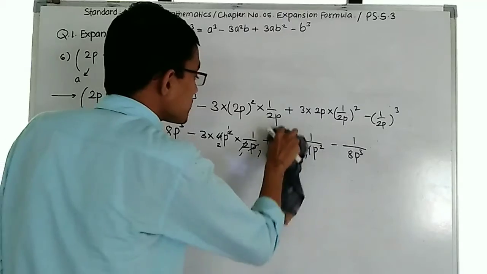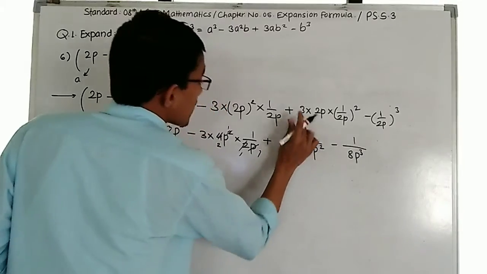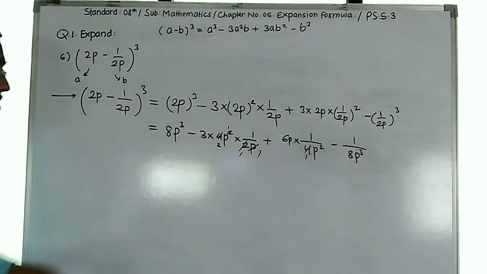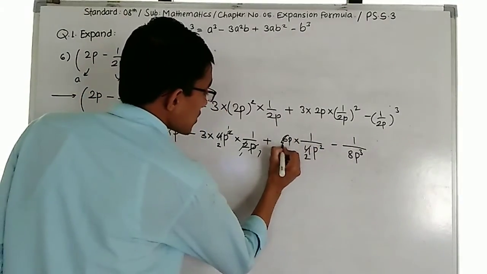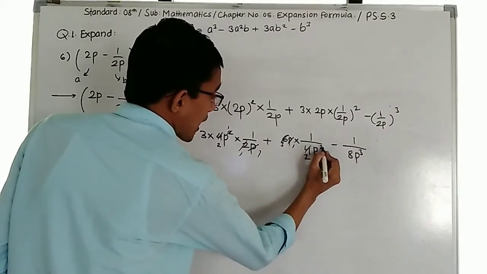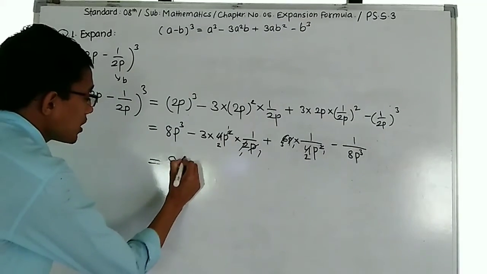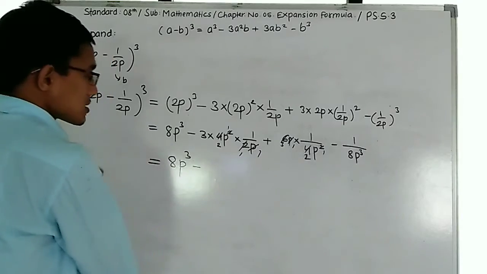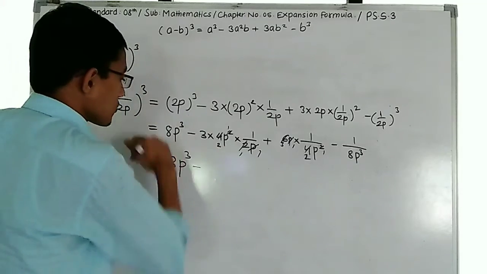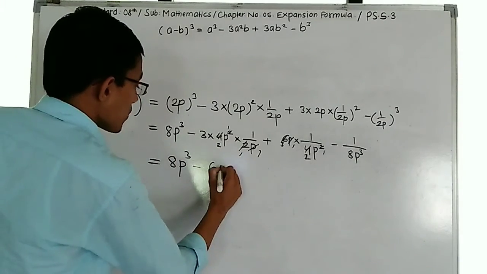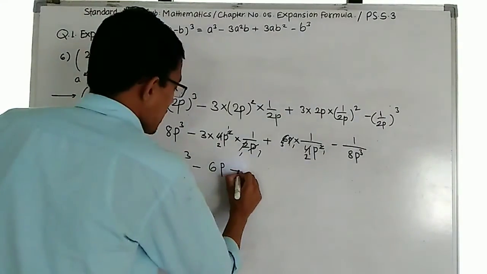What will come here? 6p will come. 3 twos are 6, right? So 3 twos are 6, 6p into 1 upon 4p square. So here we can write 2 twos are 4 and 2 threes are 6. p cancels and here 1p cancelled. So we got 8p cube minus, 3 twos are 6, 1p is there, so 6p. 8p cube minus 6p plus